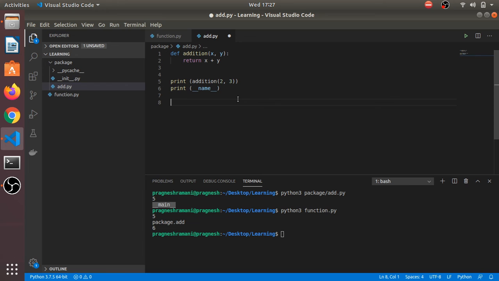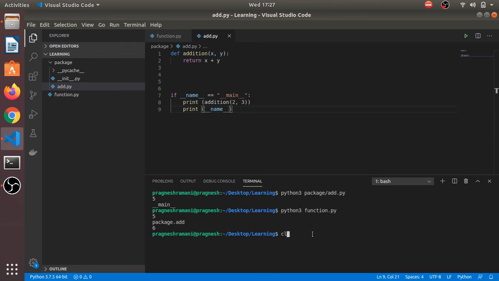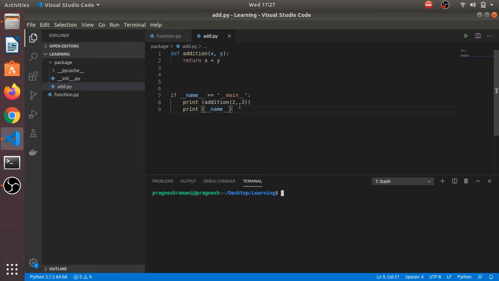So we can check the condition here: if __name__ is equal to __main__, then only we need to run these two print statements, otherwise not. So whenever I run the add.py file, only then will these two print statements be called, and they will call our addition function and print the output.